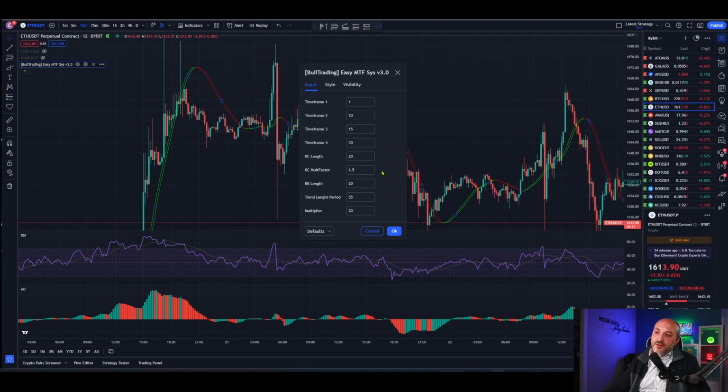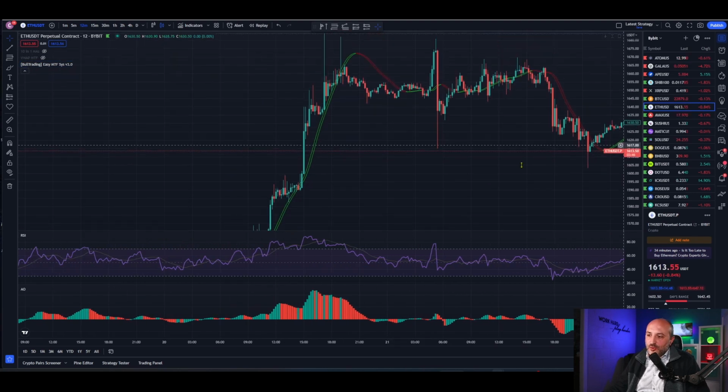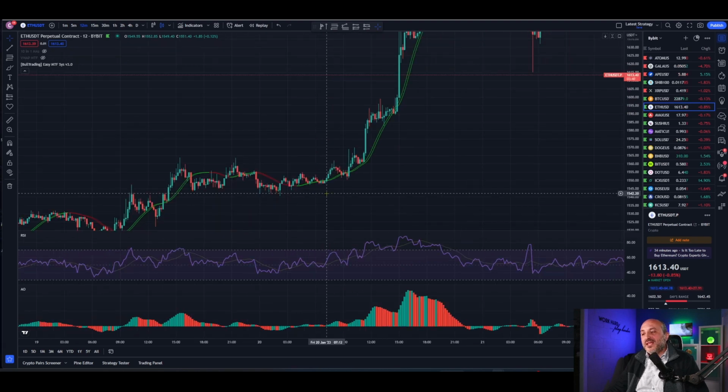I don't know what the default setting is. Probably here the trend length period is different, but I'm not quite sure about the others. So just compare with yours, make sure it's the same. And from here, you can save it as default if you don't want to lose those numbers. So the next time you put the Bull trading on your chart, the same numbers will be there. So what I like about this indicator, I'll go quickly. The purpose of this indicator is to